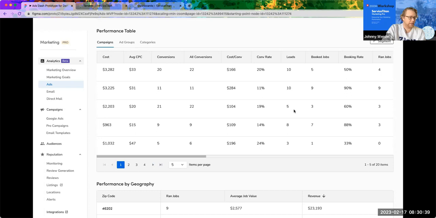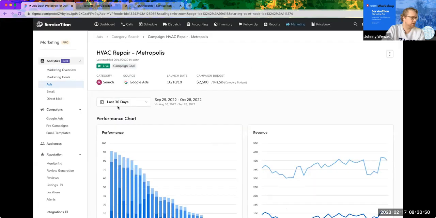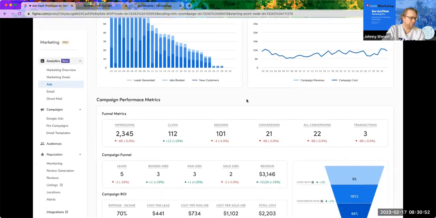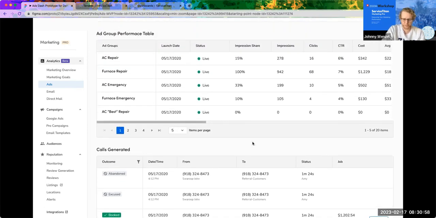So this can now highlight an opportunity to say, let's go into this campaign and let's listen to the calls and find out what's going on here. And within this dashboard, you can actually do that. You can drill into a specific campaign and see the calls at the bottom. And listening to the calls, you can find out for this business unit, we are booked out 3 weeks, and that's why they're not turning into leads, because no one wants to wait 3 weeks to get their plumbing emergency handled. Or